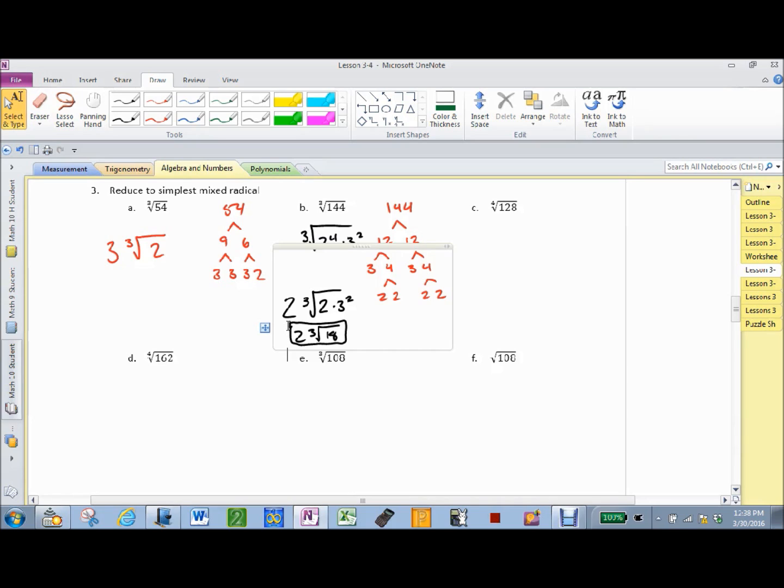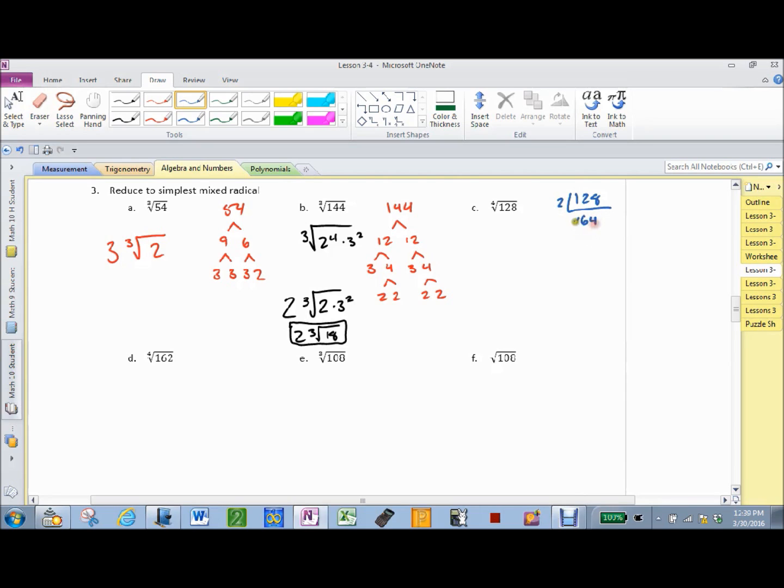Okay, look at C. What's different? Oh, Navjot, your hand. No, the index number just tells you how big a group you're looking for. Now, look at C. What's different? It's a 4. So how big a group am I looking for? Groups of 4. Does anything else change? No. So 128,